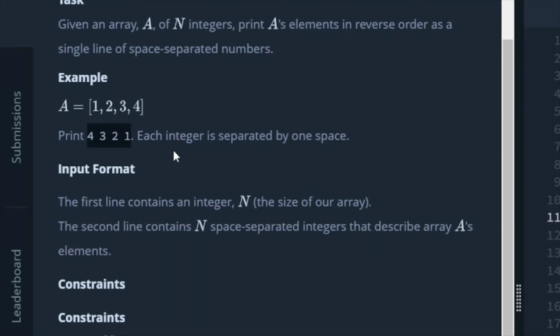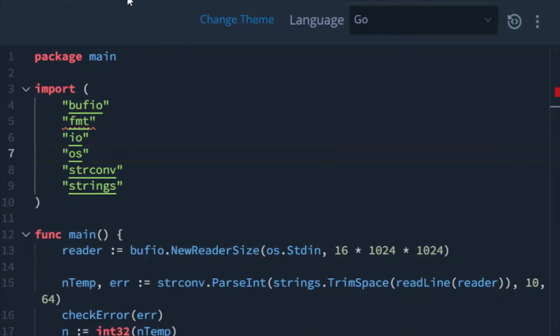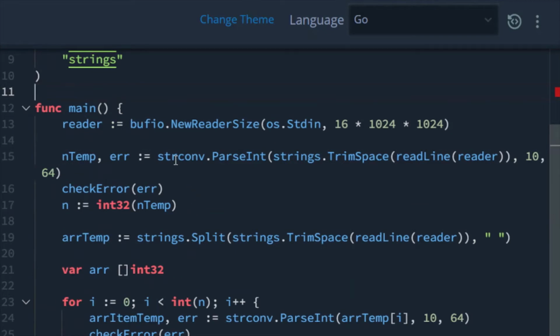So we can start coding. Let's do it. We can see here we have the predefined editor code already given.